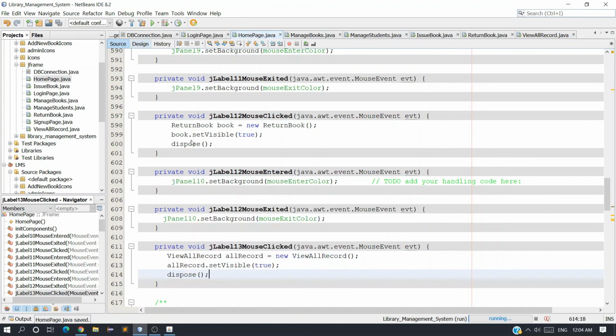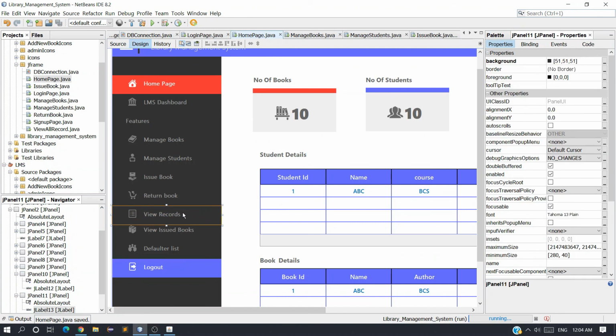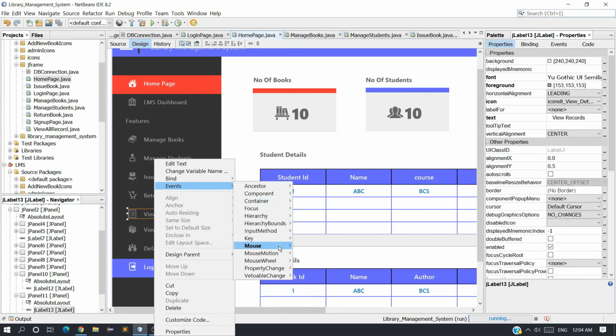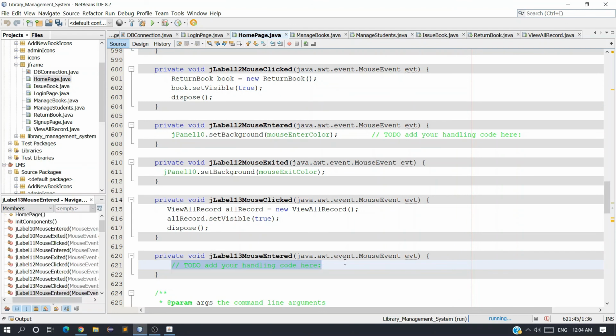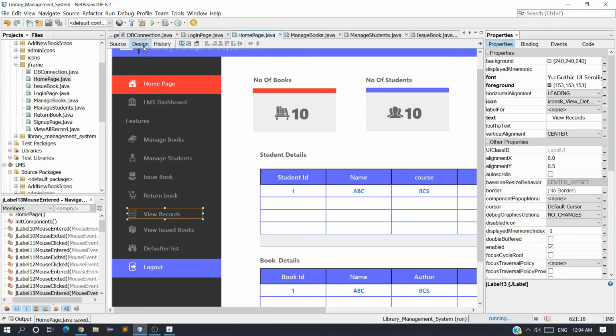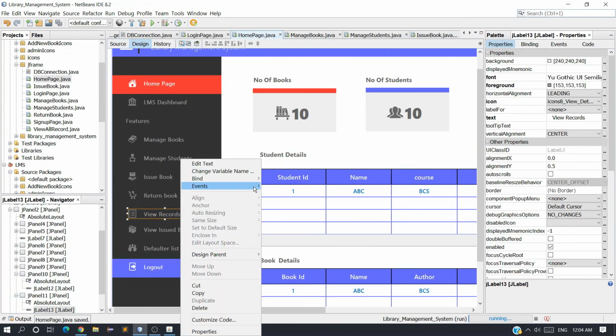And also let's apply the mouse events. Let me just check the panel name. So the panel name is jpanel 11, and right click this label and apply mouse enter event, and copy this code and simply paste it here, and let's just change the panel name to jpanel 11, and again apply mouse exit event.